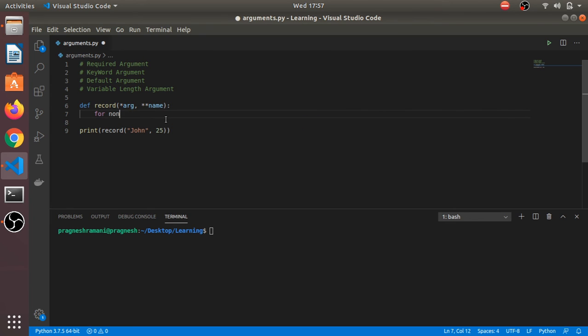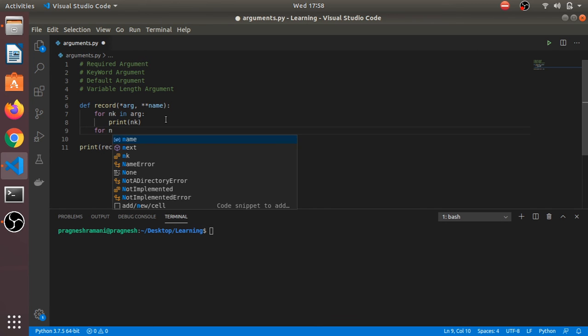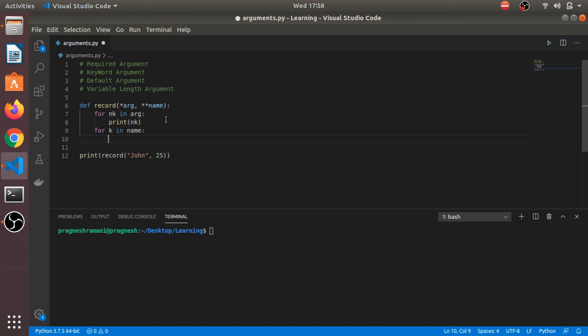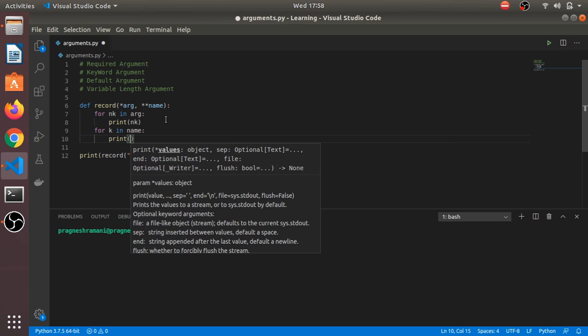So I am writing like this: for nk in arg, print the non-keyword argument, and let's print the keyword arguments which come from the name.